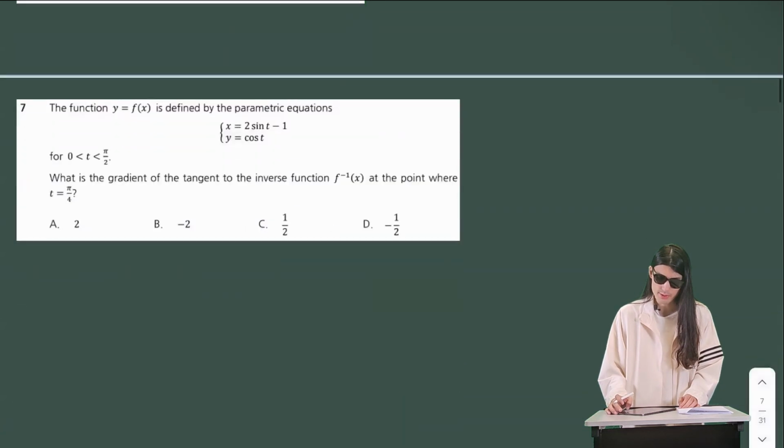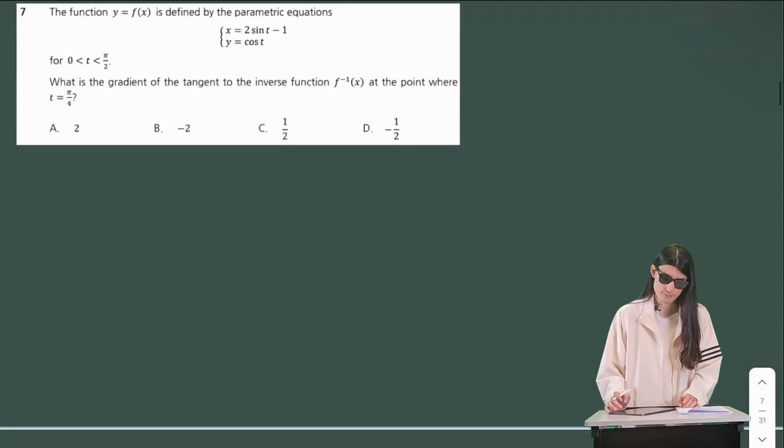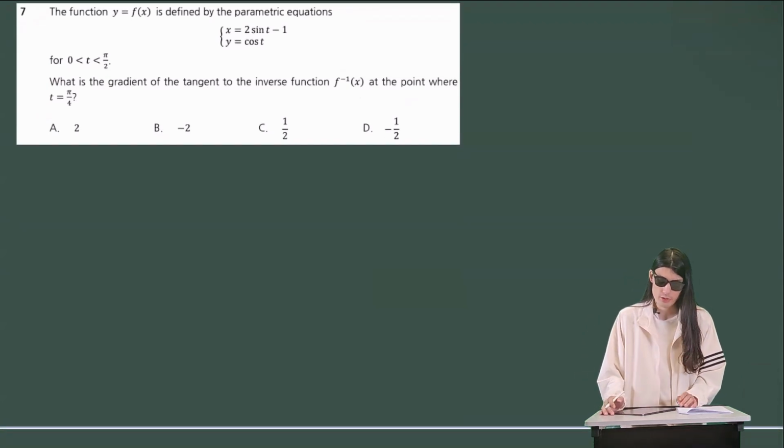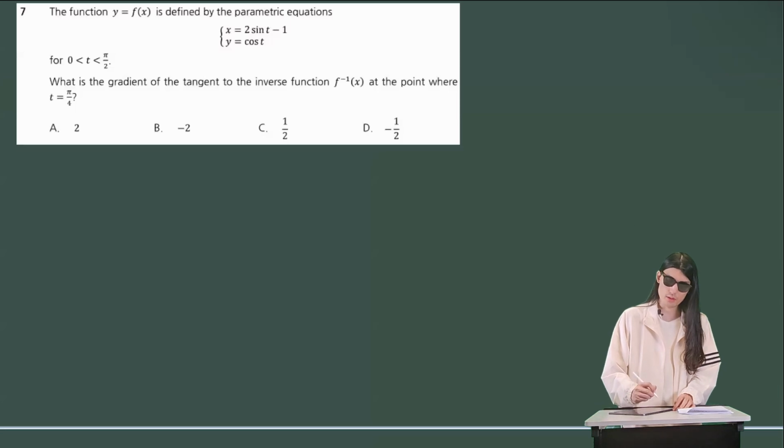Moving on to question number 7. We got a function f of x defined by parametric equations. What is the gradient of the tangent to the inverse function? Well, for the inverse function then, x and y would be swapped around, wouldn't it? So for the inverse function, y equals inverse f of x, I'm saying,